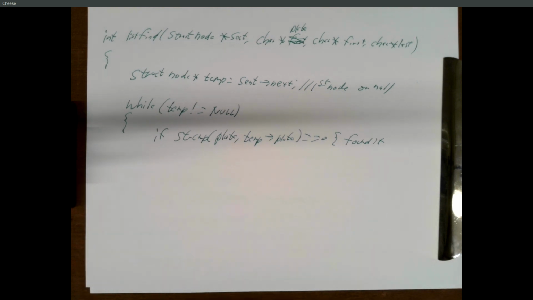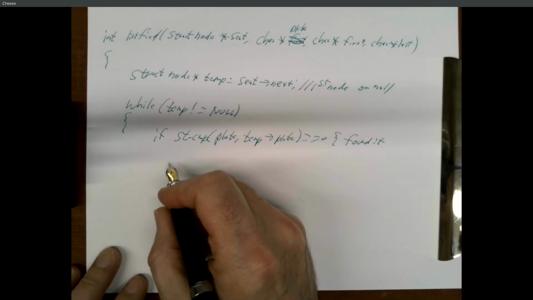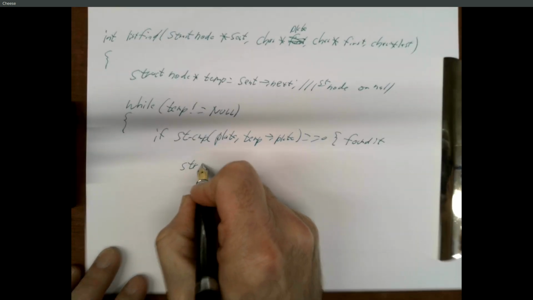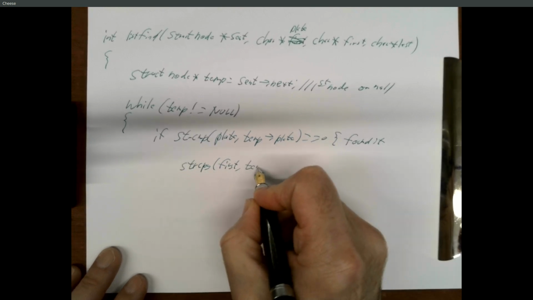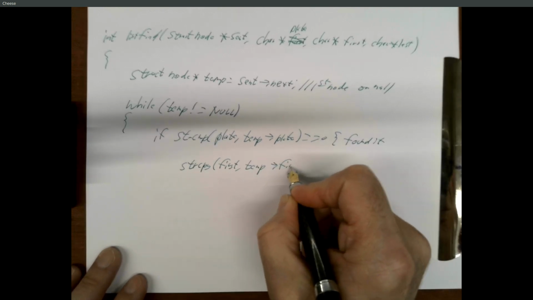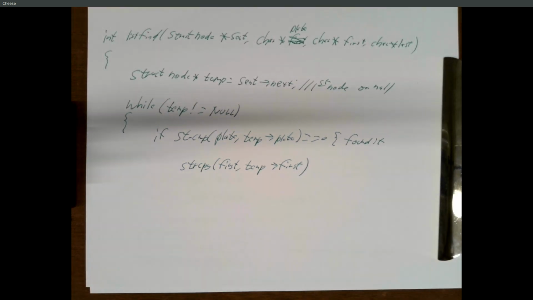And again, we can't just say first equals temp arrow first. We have to use string copy. But in this case, we don't need to do any mallocs. The assumption is whoever called you passed an argument first, which is an array that's big enough to hold the